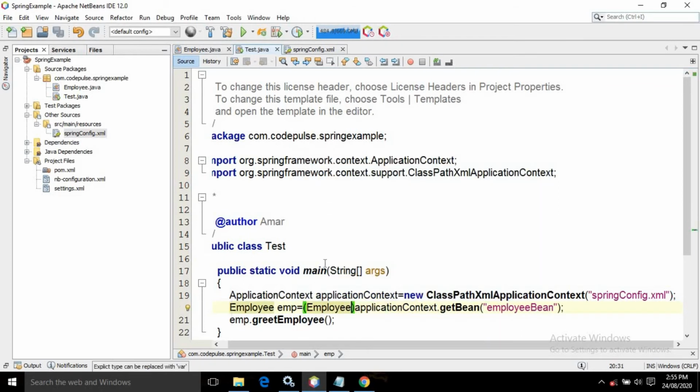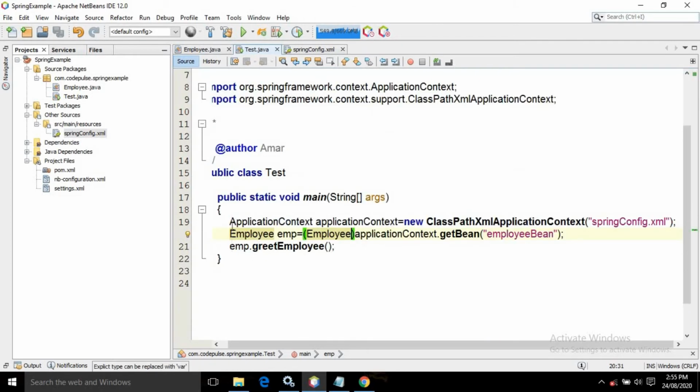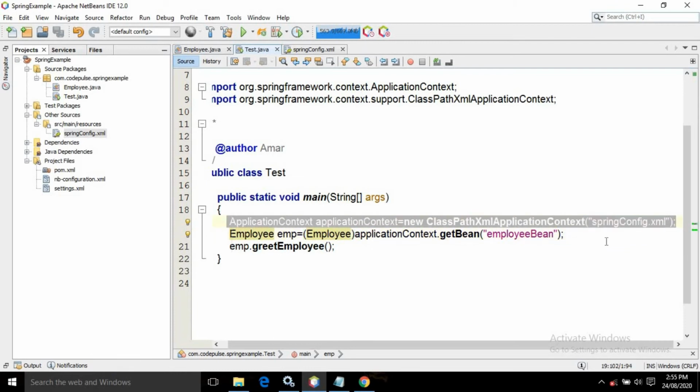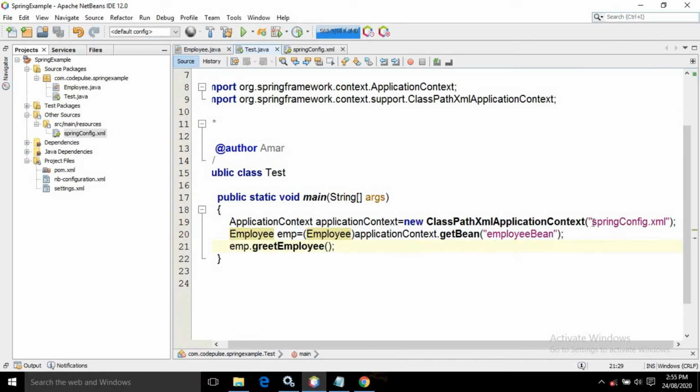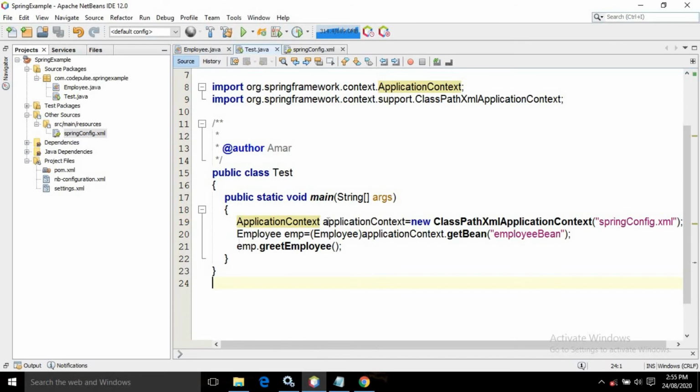Now what this first statement is doing is that it will read the Spring configuration file, and all the information will be stored inside this ApplicationContext interface. Then by using the different methods of the ApplicationContext interface, we can access the Spring framework properties like dependency injection, aspect oriented programming, and many more.